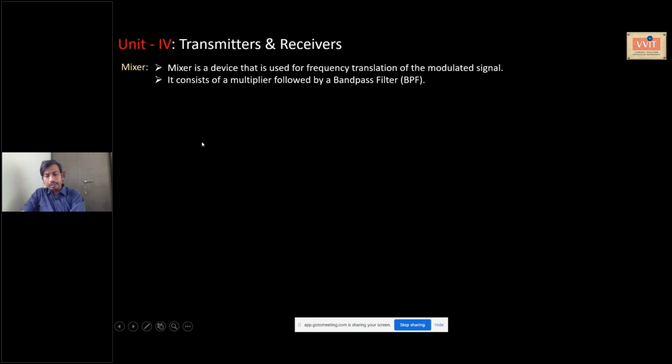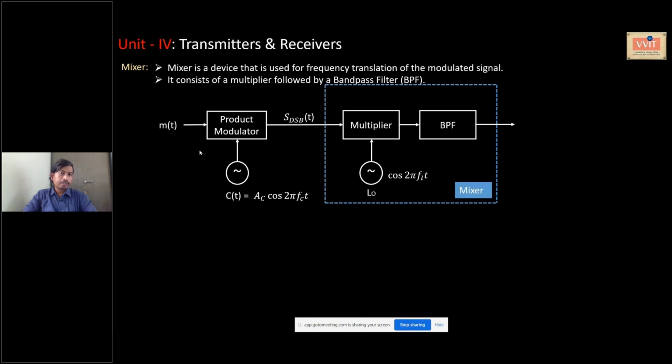Now, one more standard circuit we require both on the transmitter side and receiver side is the mixer. What are the mixer characteristics? The idea of discussing this topic here is to make you understand what this mixer is. Suppose you have a product modulator. One input is the message signal, another input is the carrier signal. This product modulator will produce a DSB signal. We know this already. So first you are generating the DSB signal, suppressing the carrier, and this whole thing is a mixer.